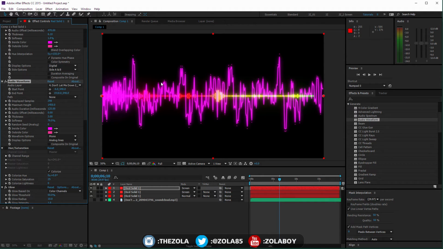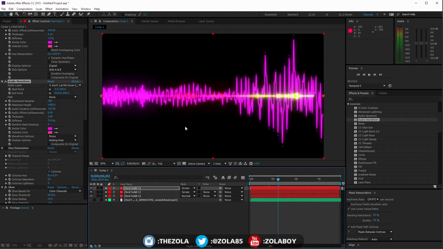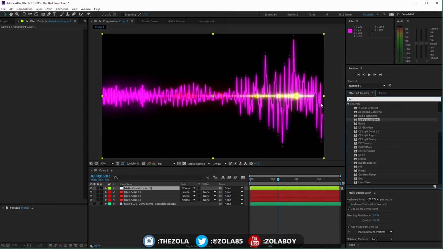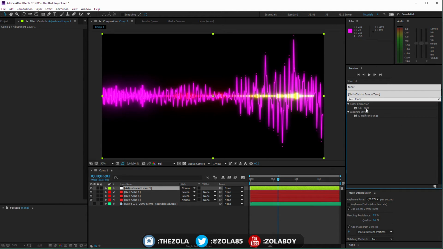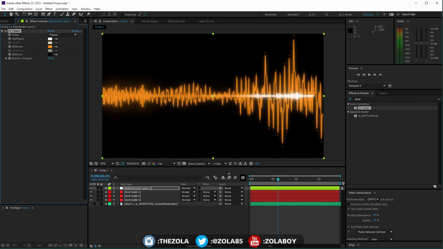And then that way you'll kind of have a little dot on top of each peak, which is kind of cool. And yeah, you can basically see that if you combine these two effects, you can create something pretty cool. I mean, right now I haven't really done anything properly with the colors, but if you were to just bring a toner on top of everything afterwards, you can easily get